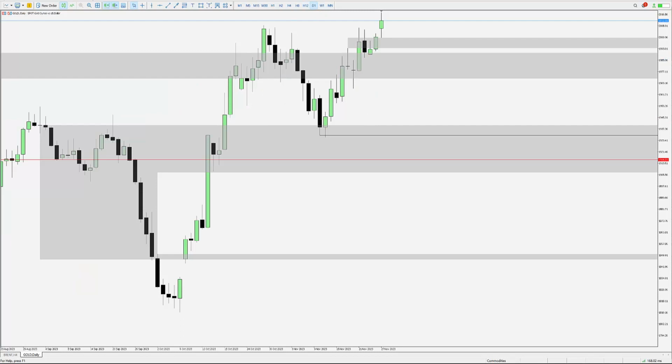When we go to the daily chart, on the daily chart, remember this gap here that I marked. This down candle will provide support when price retraces into that level for a target of $2080 per ounce. As you can see, this price action is a bit all over. The levels that are here are not that